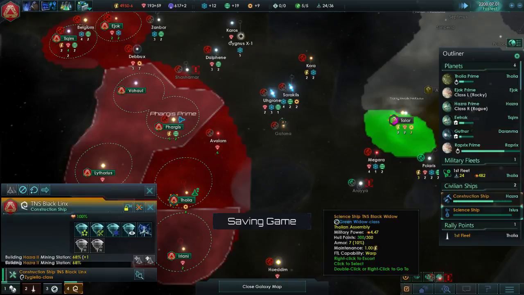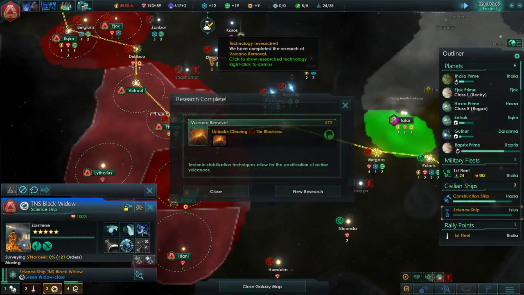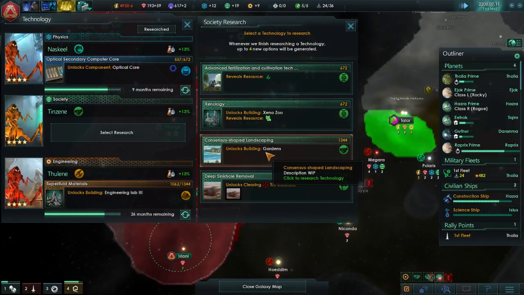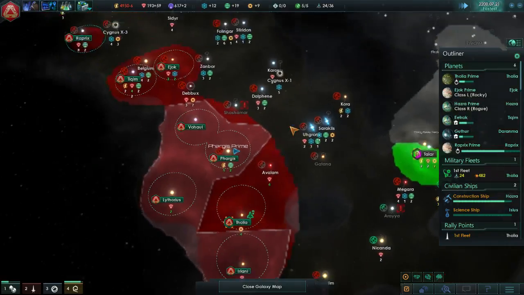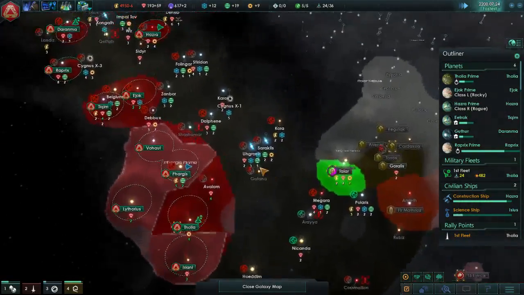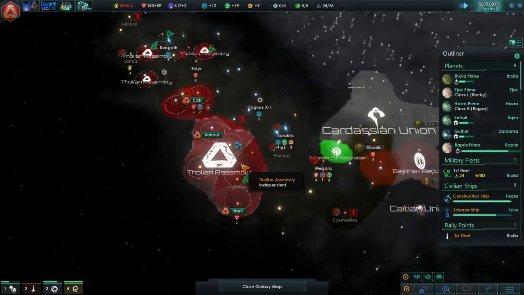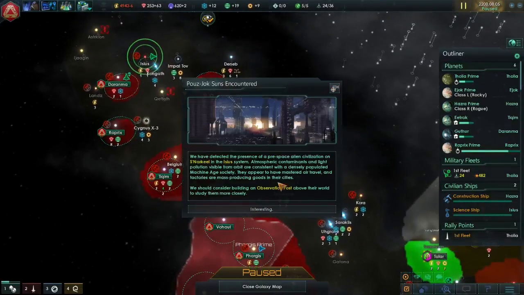Science ship. Has this system been explored? Why not? It's an odd choice for us not to explore that system. Ooh, we have some research done. We can now remove volcanoes. That's exciting. We could build gardens. Happiness +5. You know what? I think we might need that for some of our planets that we've conquered. I could just go all slavery on them, but that means if I can make them happy, then I can...